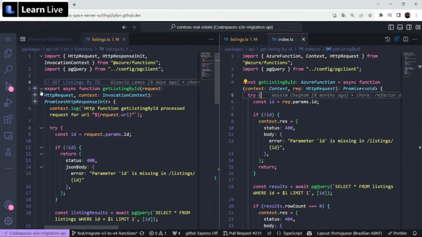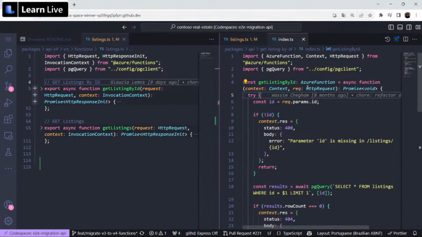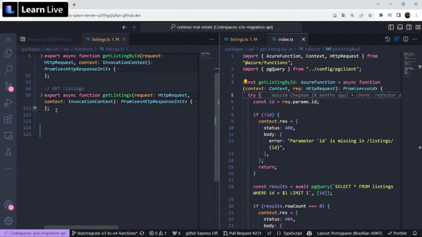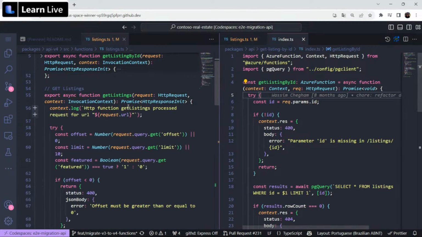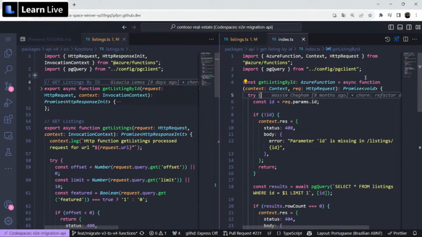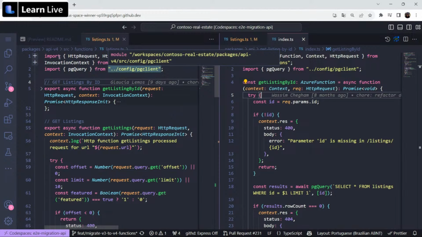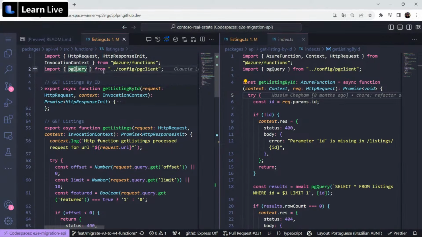For example, let me grab this one, because it is related with the listings. So we can see, firstly, related with the import, where is the app here? Okay. This is an important thing that I have to mention for all of you here, because right now